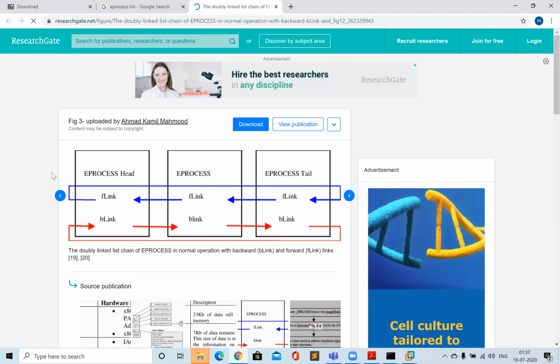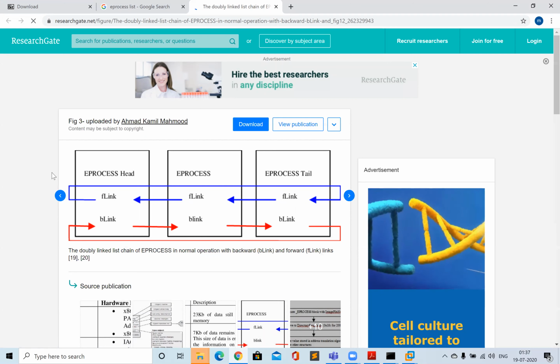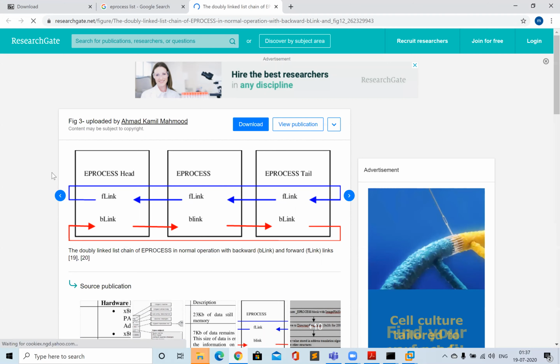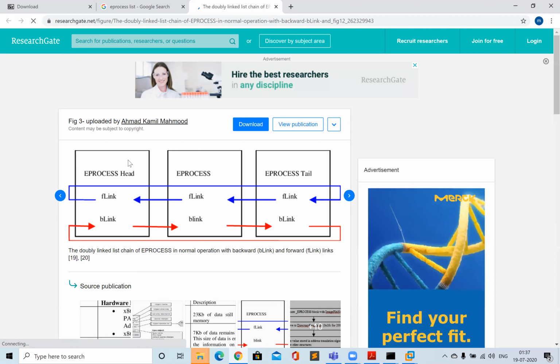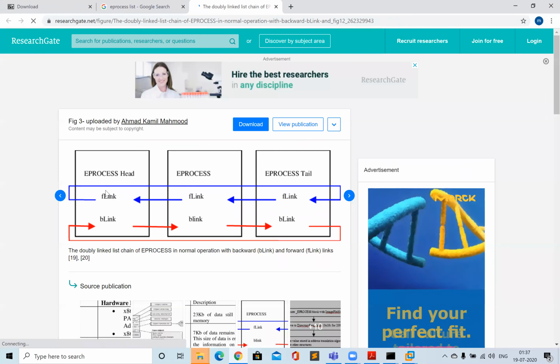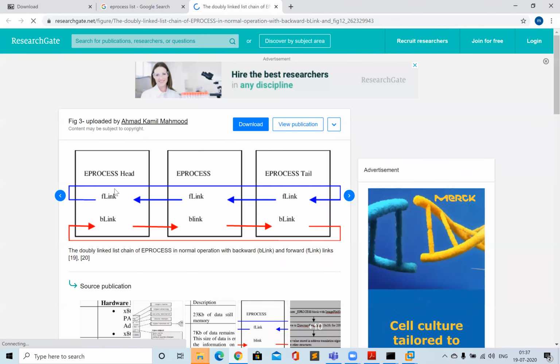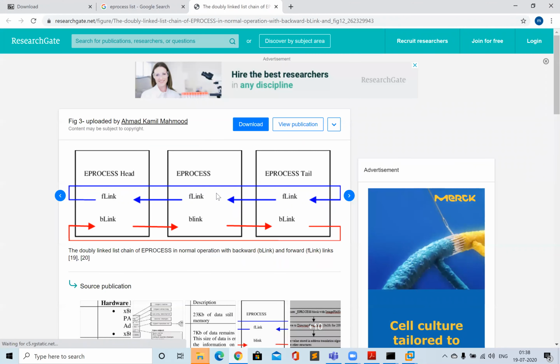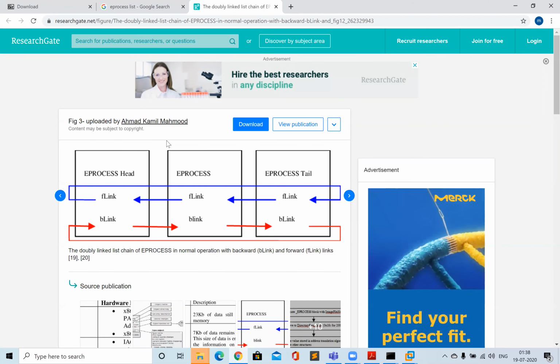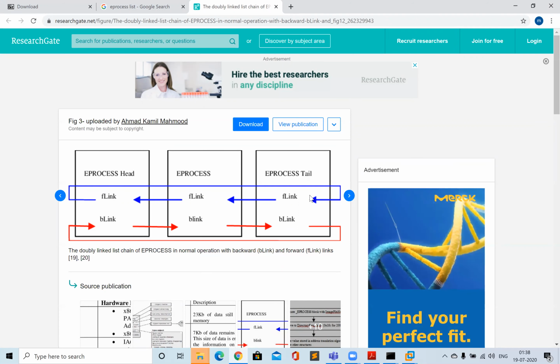When you run Task Manager, to find what processes are running in the system, it goes to that linked list existing in memory and sees that this is the first process a.exe, it is pointing to b.exe, which is pointing to c.exe, and that's how it makes a list of all the processes running in the system.